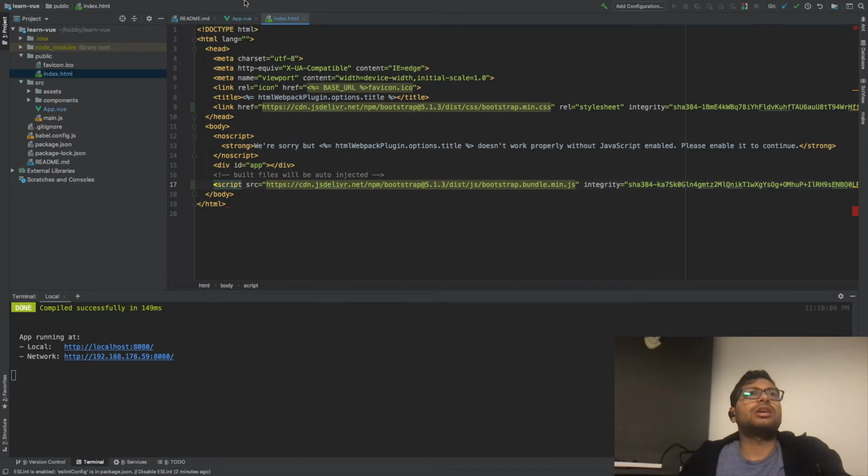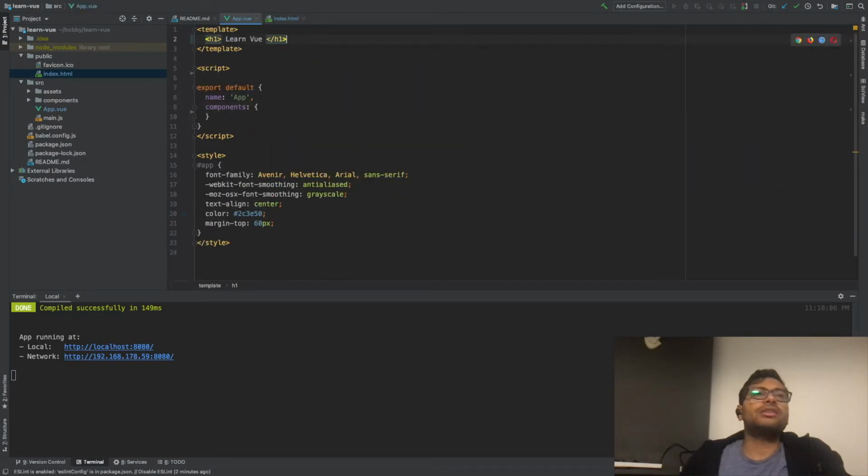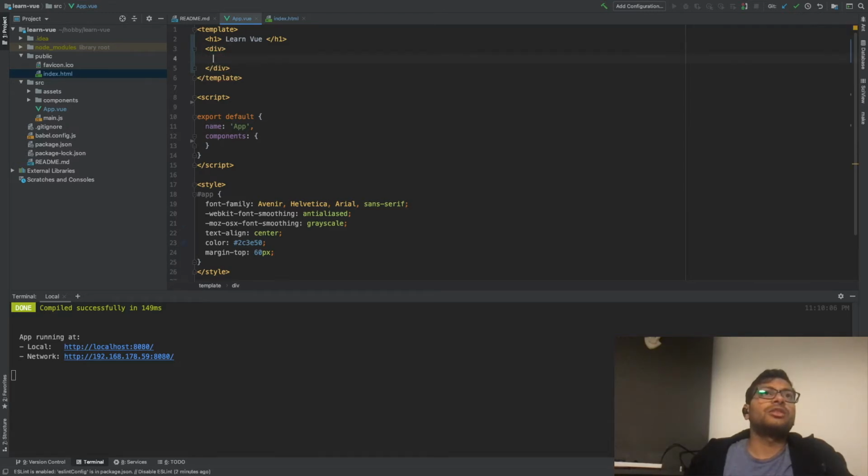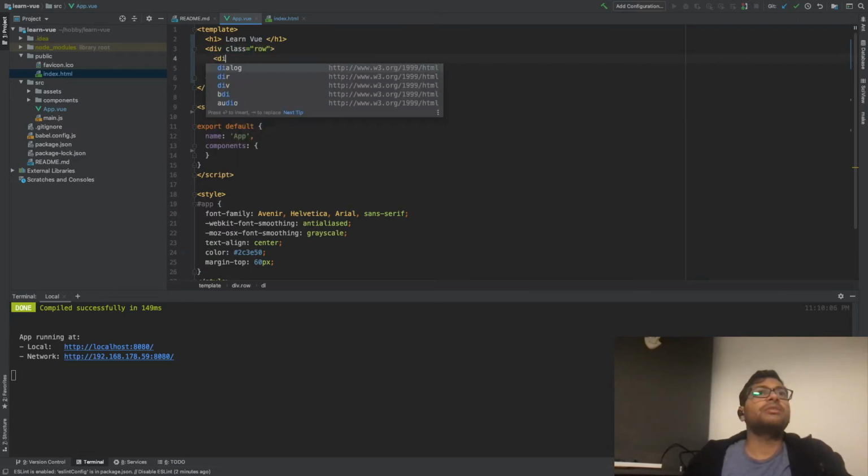And now let's make one div. We can give it a class row. We can make 3 parts.